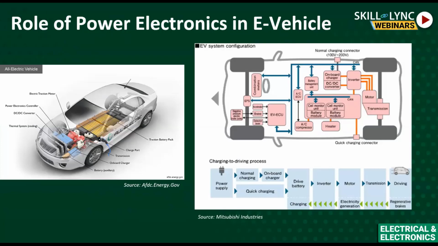It's a basic e-vehicle, so you can see here the battery pack lying at the bottom. You can see the position of the DC-DC converter here, and the electric traction motor, and the battery pack, which is at the bottom. You can see the traction battery pack, indicated in the first picture. And the charge port is a connector where we give the AC. And you can see the placement of the onboard charger, the small bluish one.